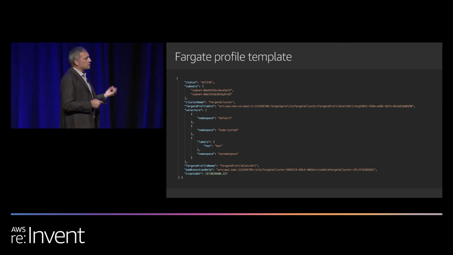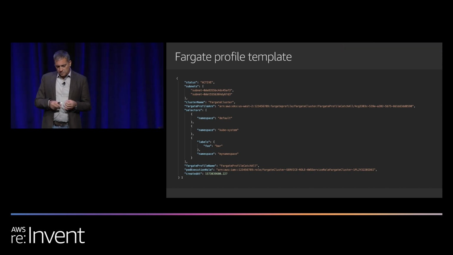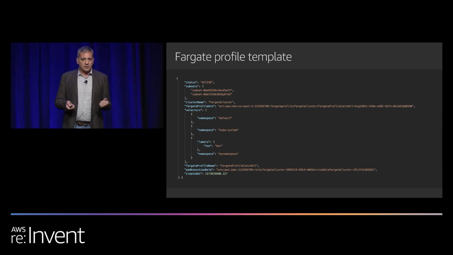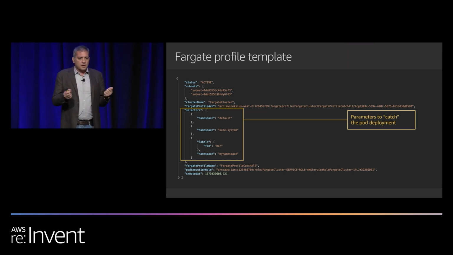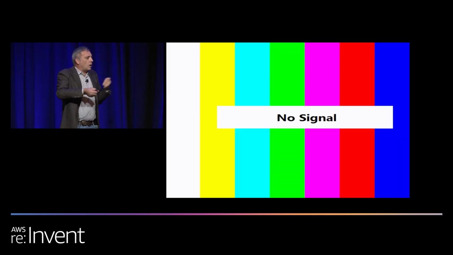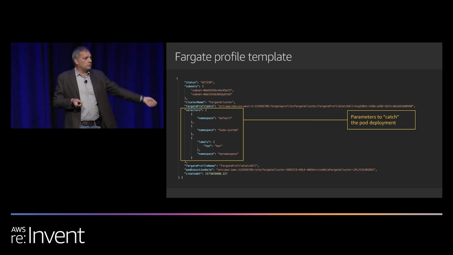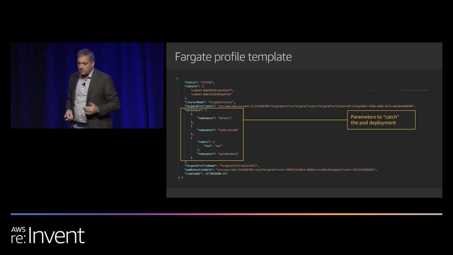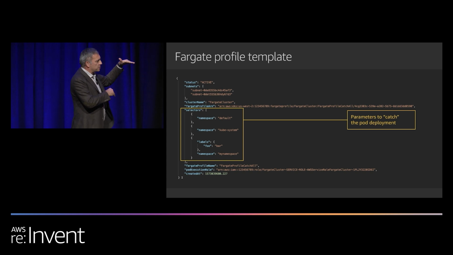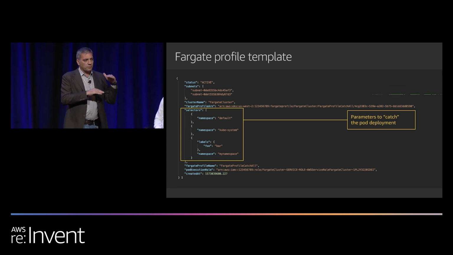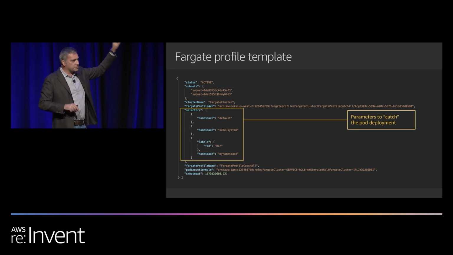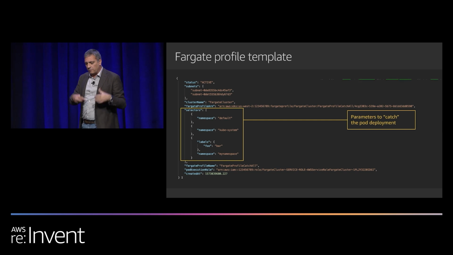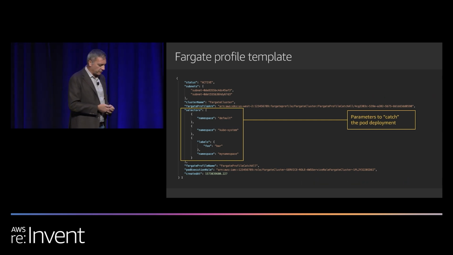The reason for which we introduced the Fargate profile is two main reasons. The first one is what I was discussing about the pod selector, right? We need to have a mechanism to say, if I deploy a pod, how do I know where it should go, right? Should it go to Fargate or should it go to the standard data plane, the EC2 data plane? So the pod selector section is responsible for matching that, right? That is where you would put the namespace, the labels, and everything. So this is the first reason for which we needed to introduce this notion of the Fargate profiles.